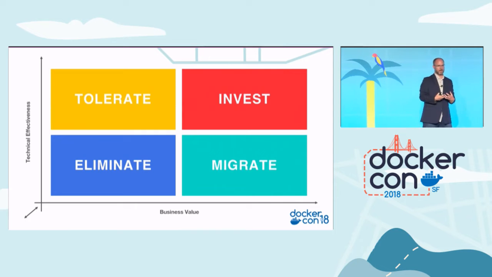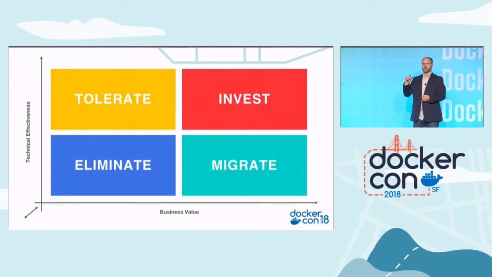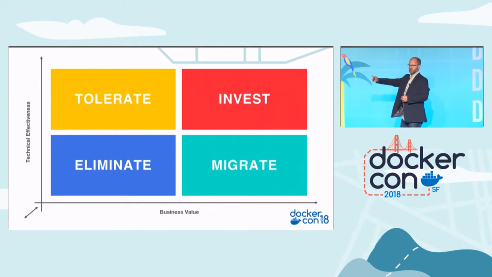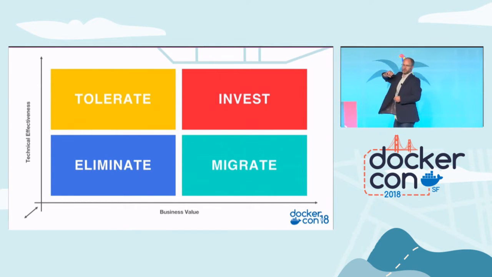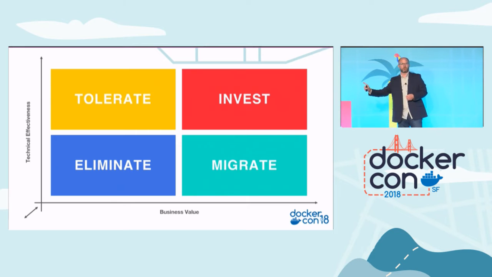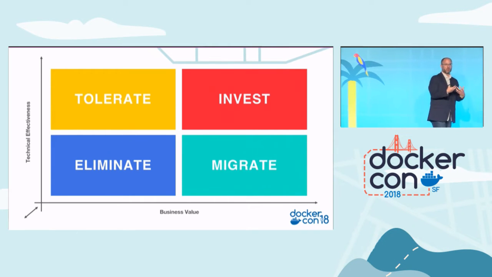I'm going to talk a lot about that, primarily because it represents the ability for us to scale something that's high business value, which you see business value across the bottom, and then we see technical effectiveness across the side. So something that's very critical to the business and is also very green field would be in the